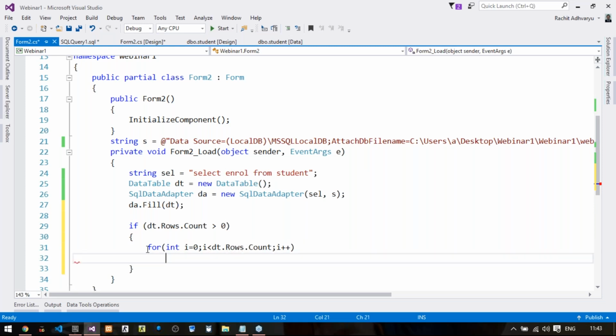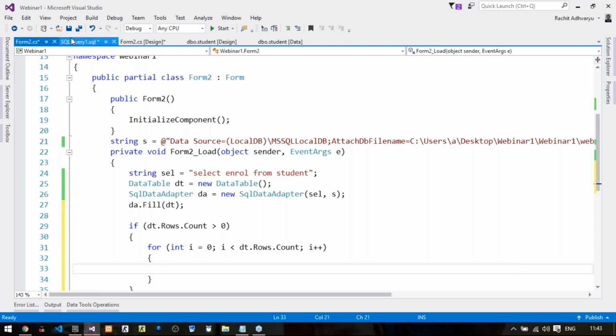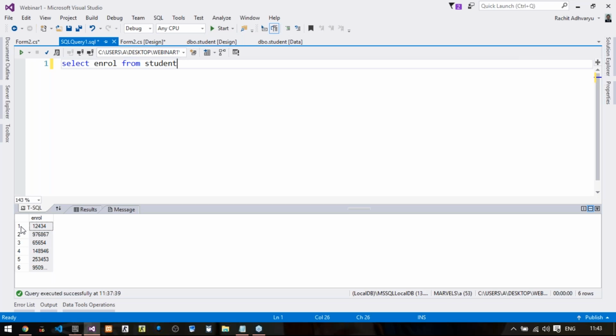Now here I stands for your row count. That means whenever I is going to get executed, it will be first here, your I index will be here, then I is incremented, your pointer will move to this row. Once again the I is incremented, it will move to this particular index. Likewise, it will move to the last index. At last, once your row count is over, it will stop the execution of the for loop.